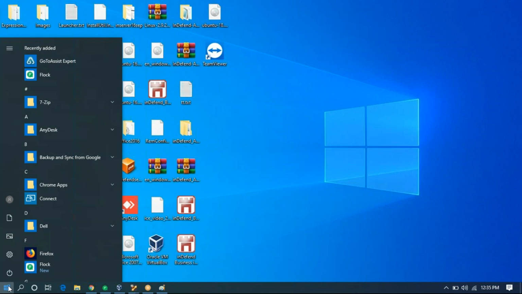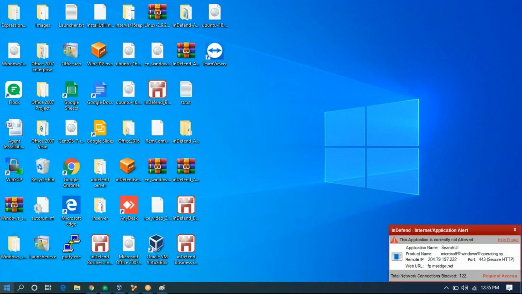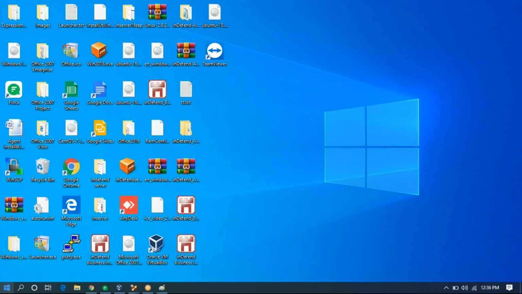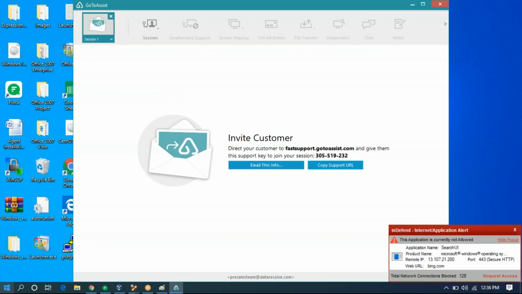First, I'll show you how GoToAssist is getting connected right now. As you can see, GoToAssist is currently working.